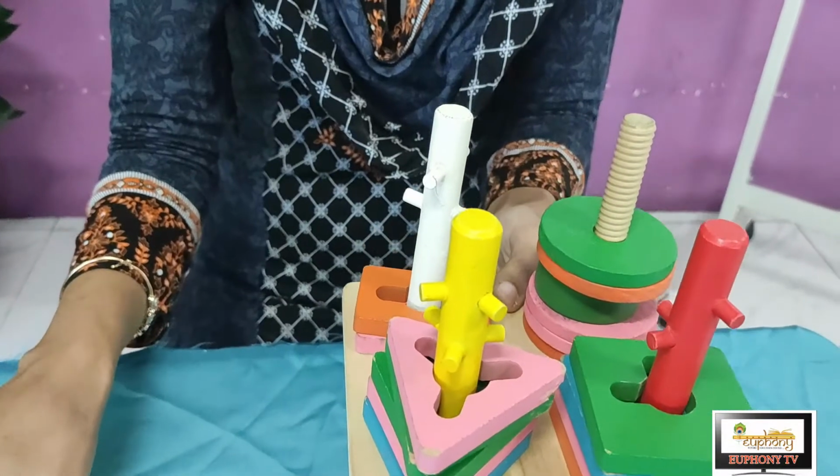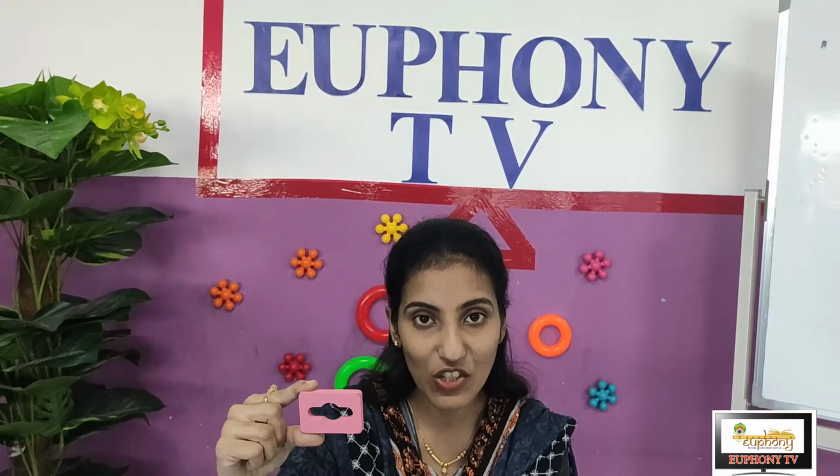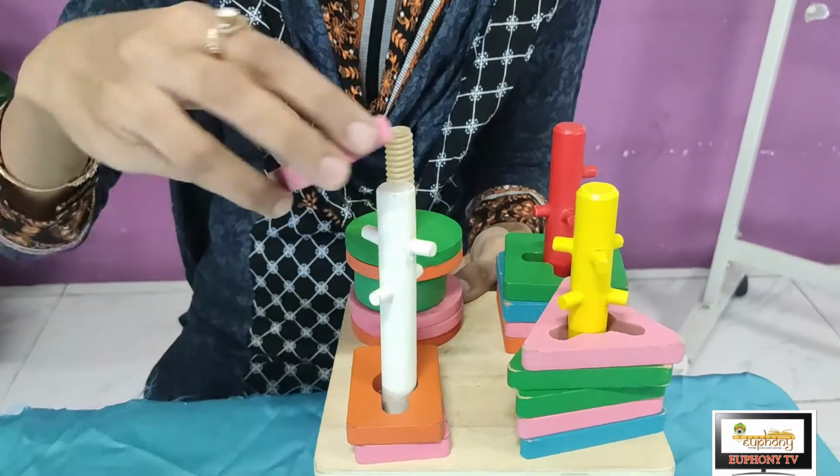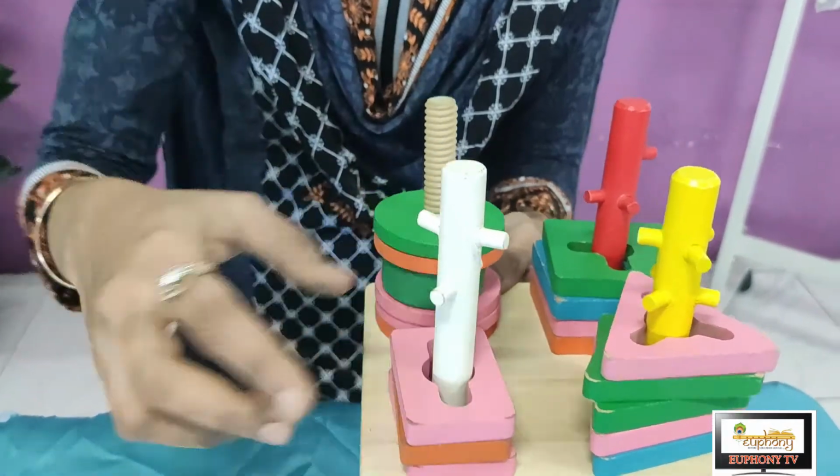Okay, now great. I have only one shape left with me. Can you tell me which shape is this? It has 2 long sides and 2 short sides. Yes, you guessed it right. It's a rectangle. Okay, I find rectangles placed here. Okay, so let's put it back together. Okay, good. So great. We have sorted all the shapes.